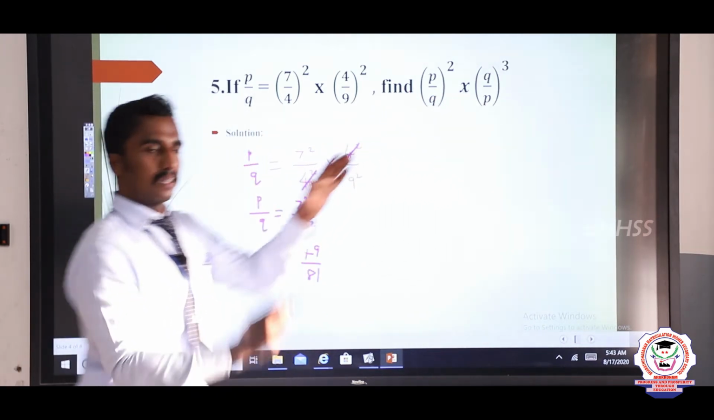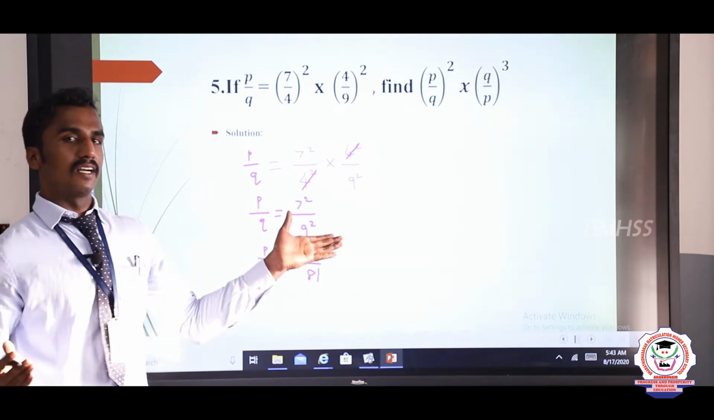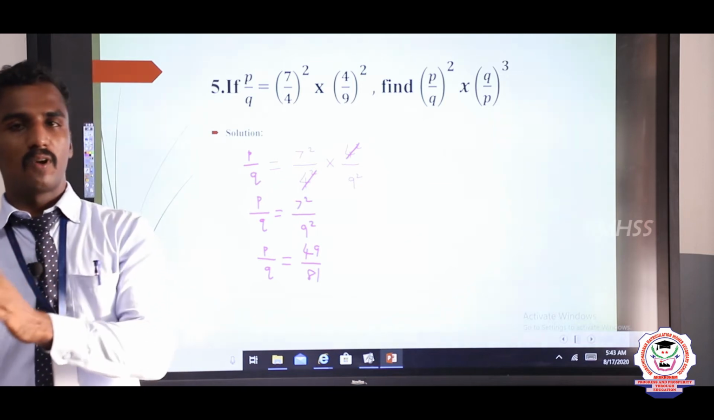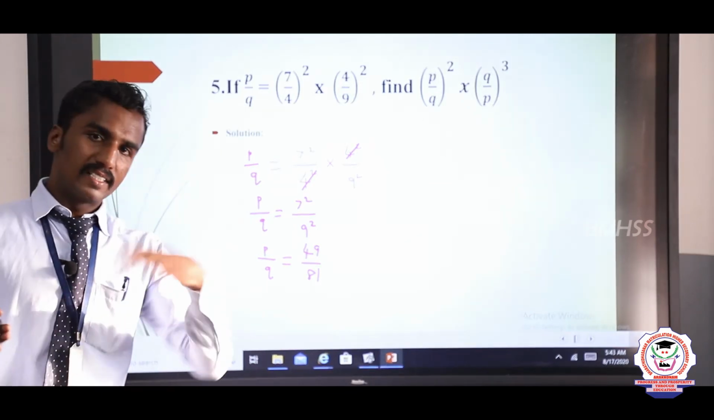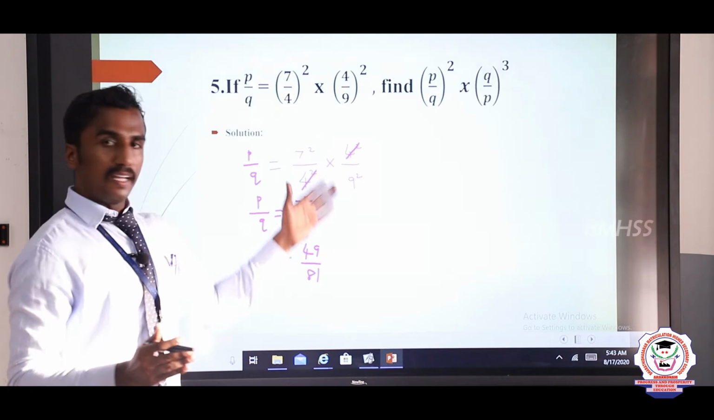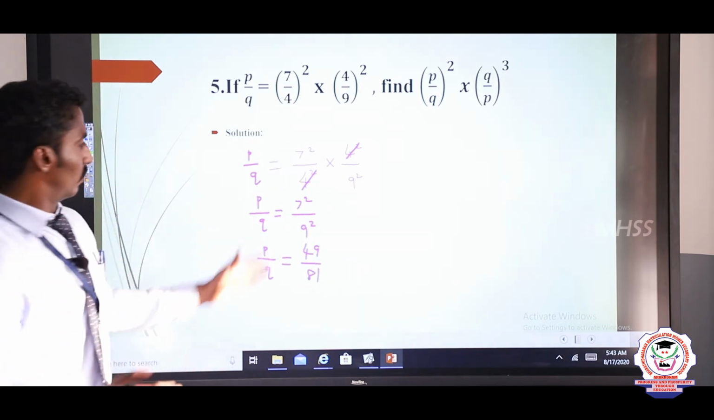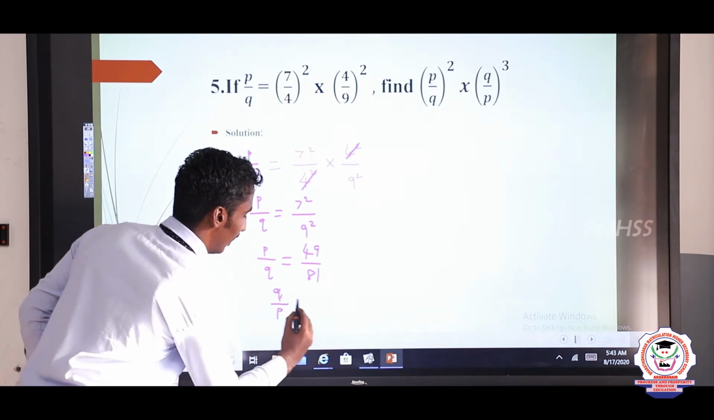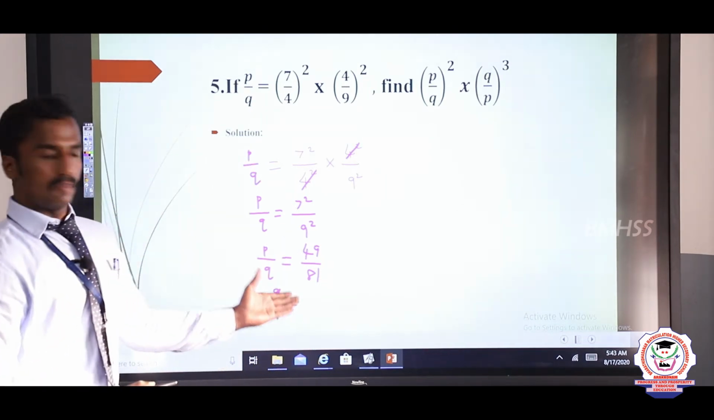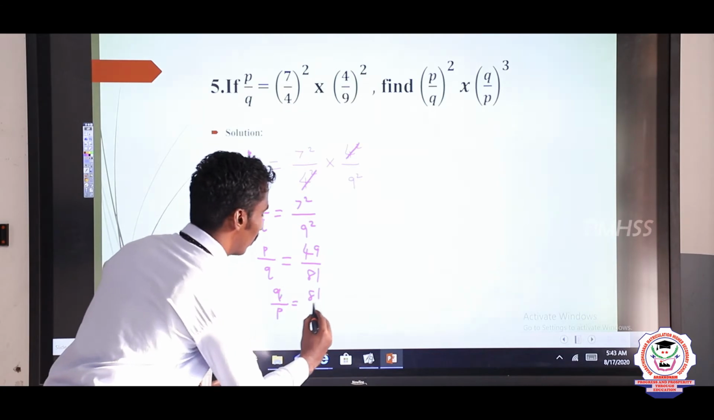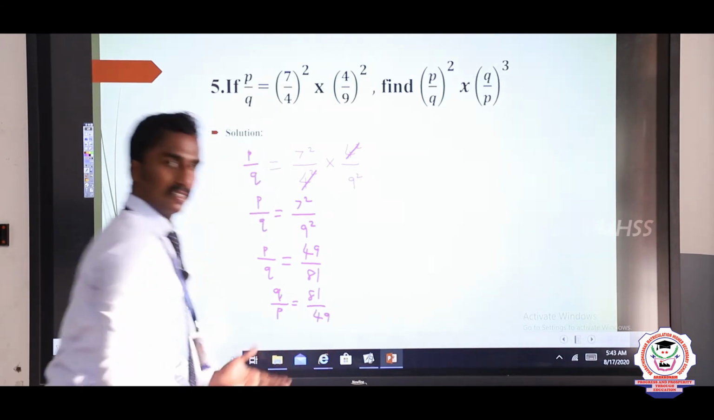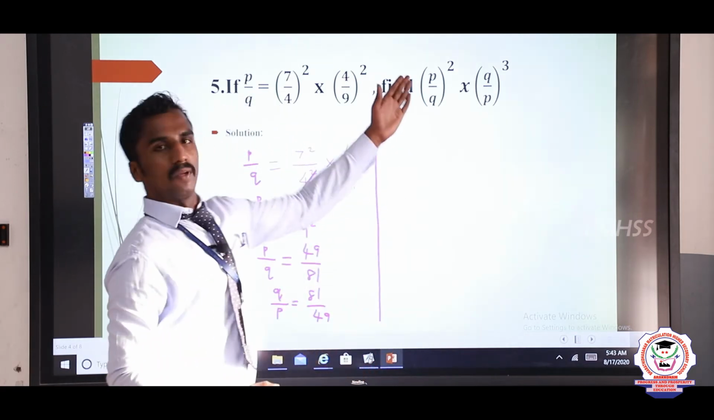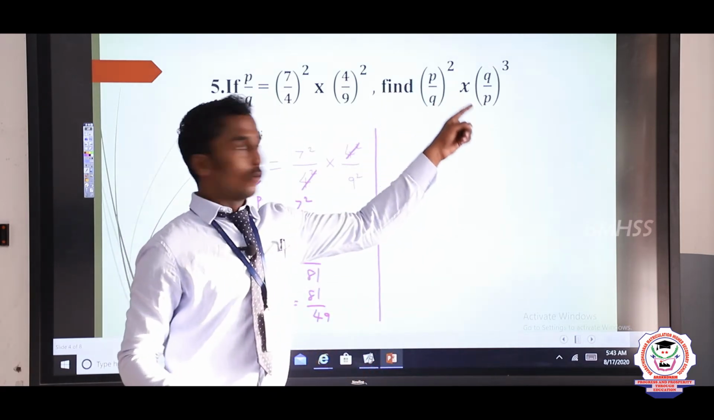Next is Q by P. P by Q, Q by P. What is the relation here? Reciprocal. P by Q is the reciprocal of Q by P. In the same way, Q by P is the reciprocal of P by Q. So Q by P equals the reciprocal. 49 divided by 81, the reciprocal is 81 divided by 49. So next one we have to find P by Q whole square into Q by P